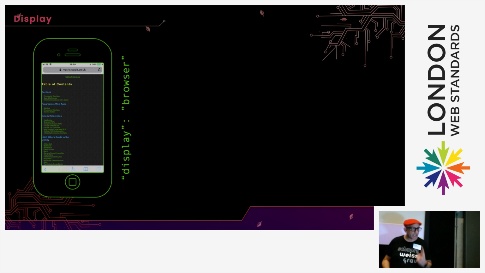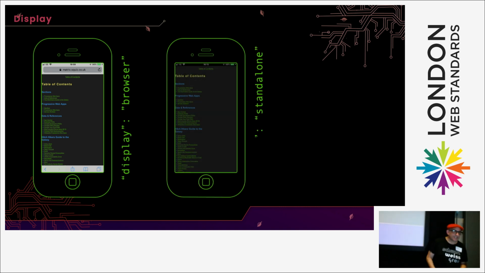So what does display do? Display has 3 settings. First of all, display browser, and it puts the browser's Chrome there. The second one is standalone, and what it does is it removes the browser's Chrome. So now my progressive web app is looking like a full screen app, and I haven't stolen away the bits of information that apps take away from me, and I hate them for doing that.